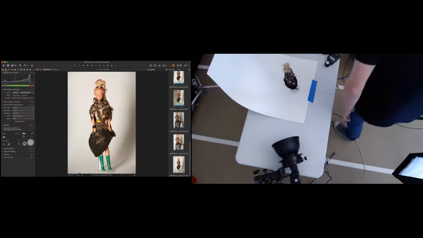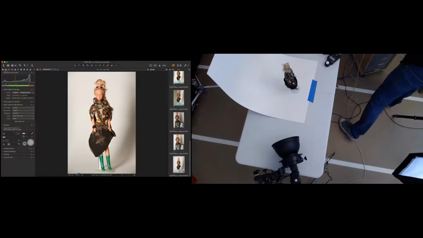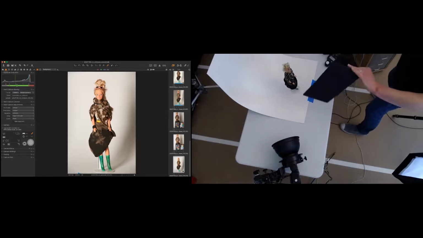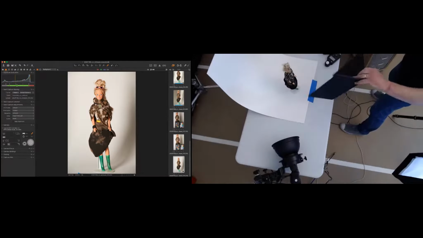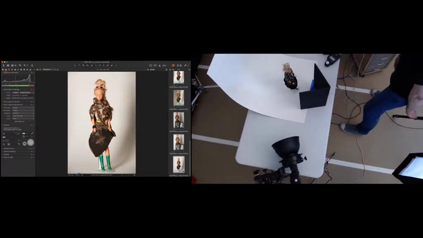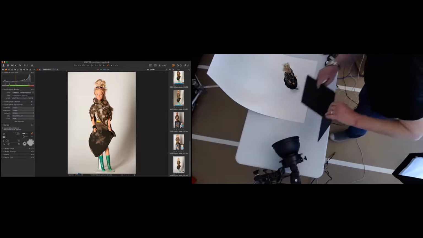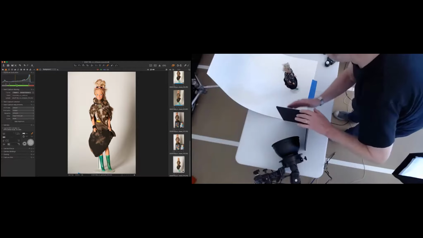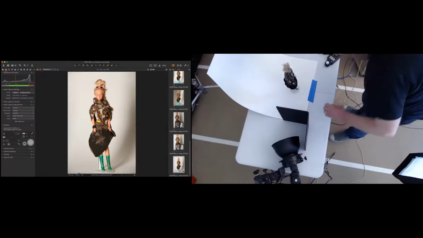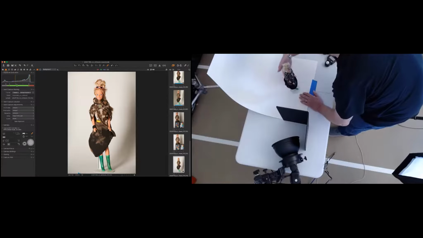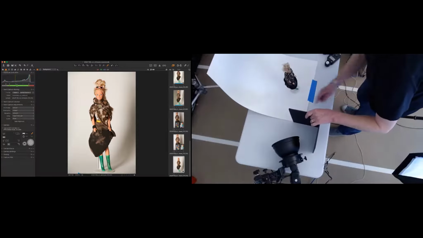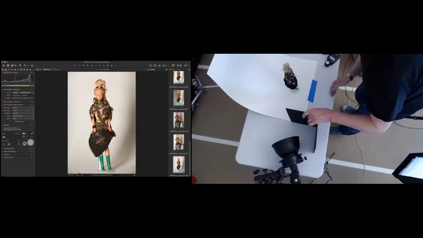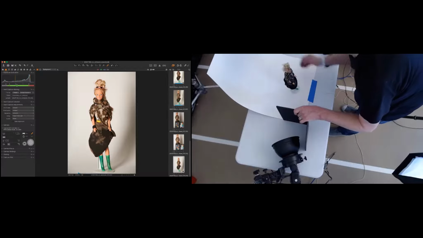So in order to keep it off of her, I've got foam core Vs. This guy, it's just the same thing that we have in the studio. It's just a piece of foam core that I've cut and folded so that it can stand like a V. And what I'm going to do is bring this in so that this keeps the light off of her, but lets the light fall directly on a line behind her. You'll see that by moving this card, if I move it like this, the line will move forward. That would actually hit her.